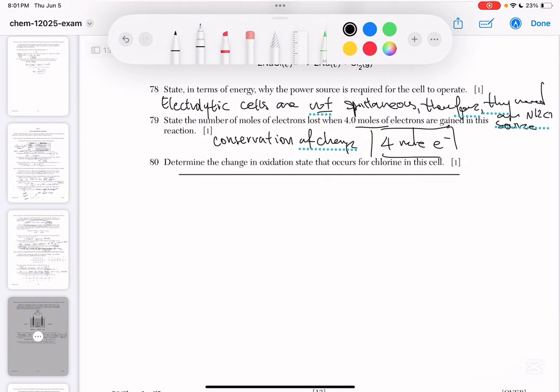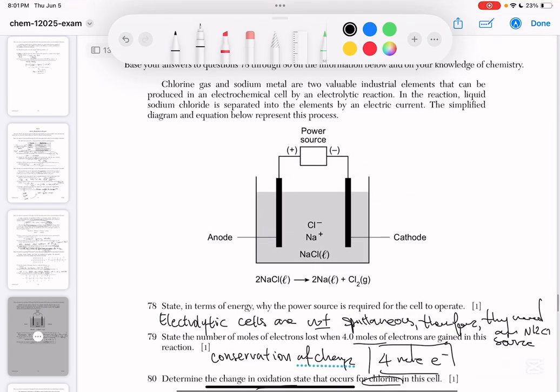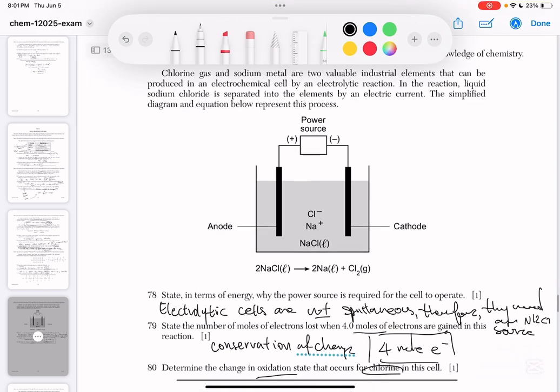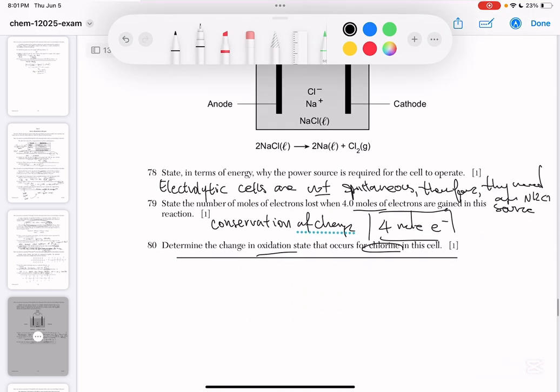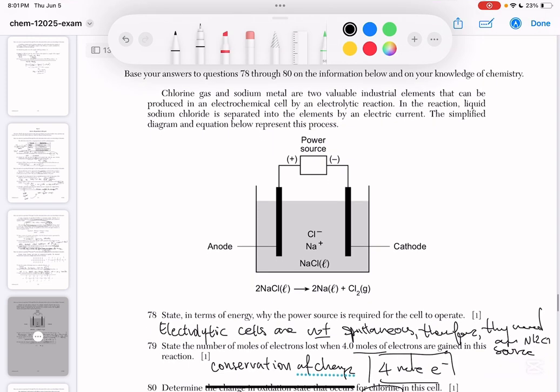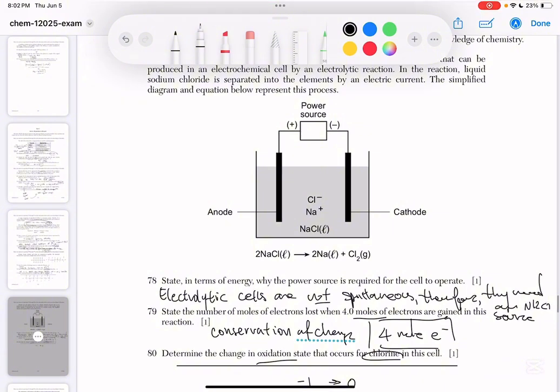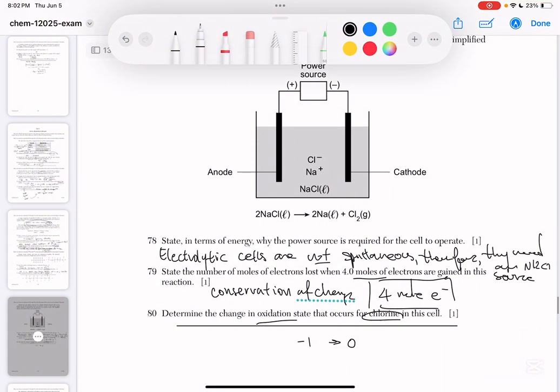And then change in oxidation state, that happens for chlorine. Okay, so the chlorine goes from -1 to 0, because if you look here, you can see that it's going from -1 to 0 in this reaction. So yeah,